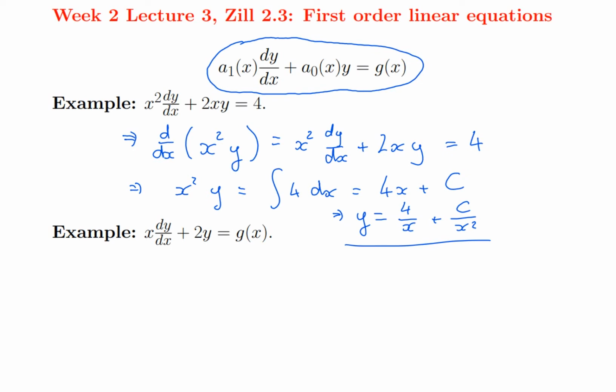Now that was very special though, because for that to work, the left-hand side had to have exactly the right form, that those two terms were the derivative of something coming from the product rule. Now that's not going to work for this one. It doesn't have quite the right form, but there's a classic mathematical trick, which is to do something to that equation so that it looks like the one you already knew how to solve. If you compare this example with the previous one, they're very similar. If I multiply both sides by x,